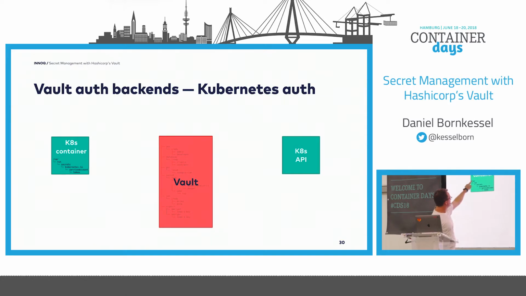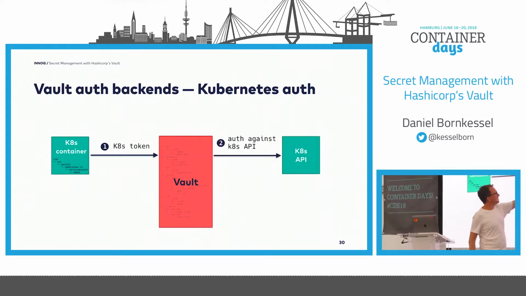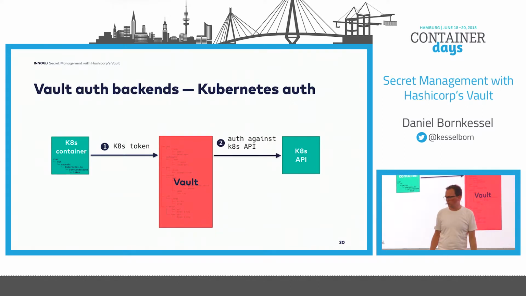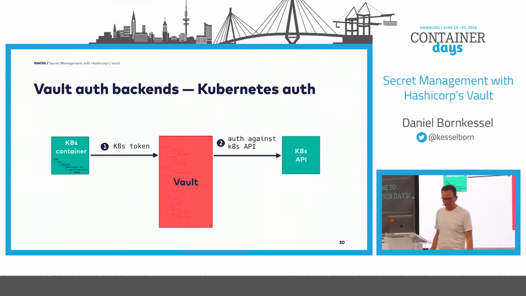Every container has that under this path, /var/run/secrets/kubernetes.io/serviceaccount and then token. There's a token which belongs to the service account this pod is running under. And here as well, you can take the token, you pass it on to Vault. Vault then queries the Kubernetes API whether this token is valid,